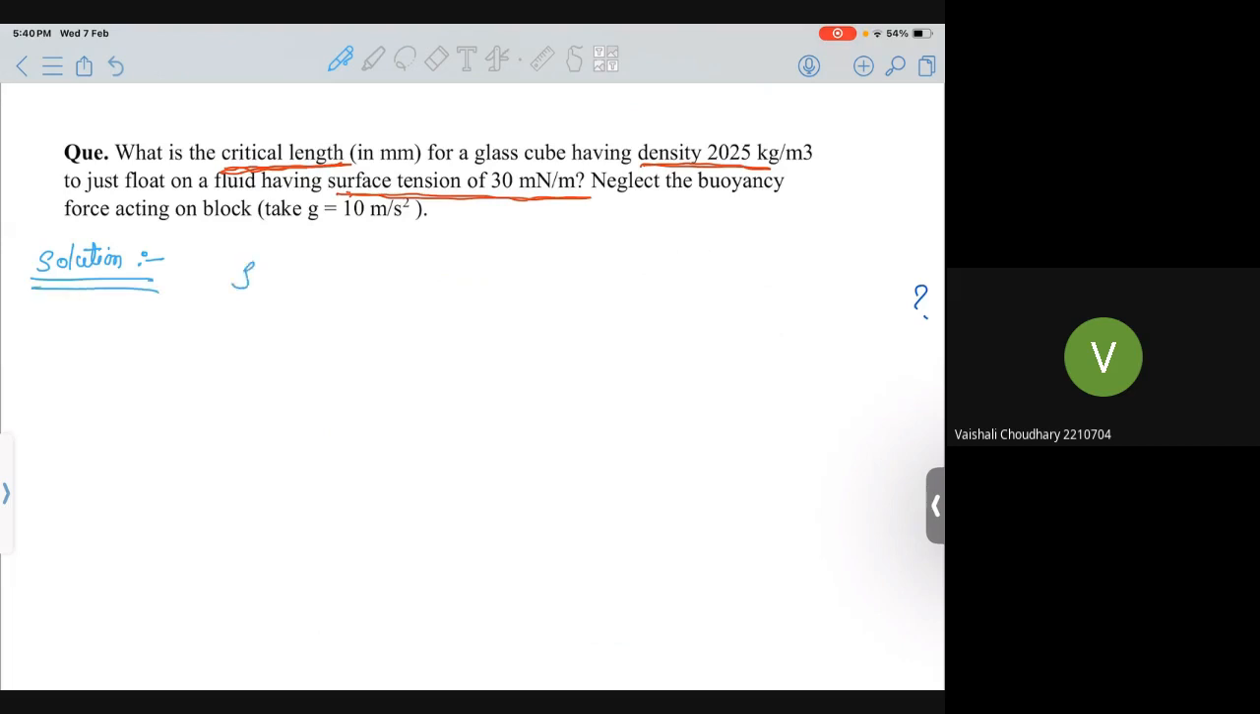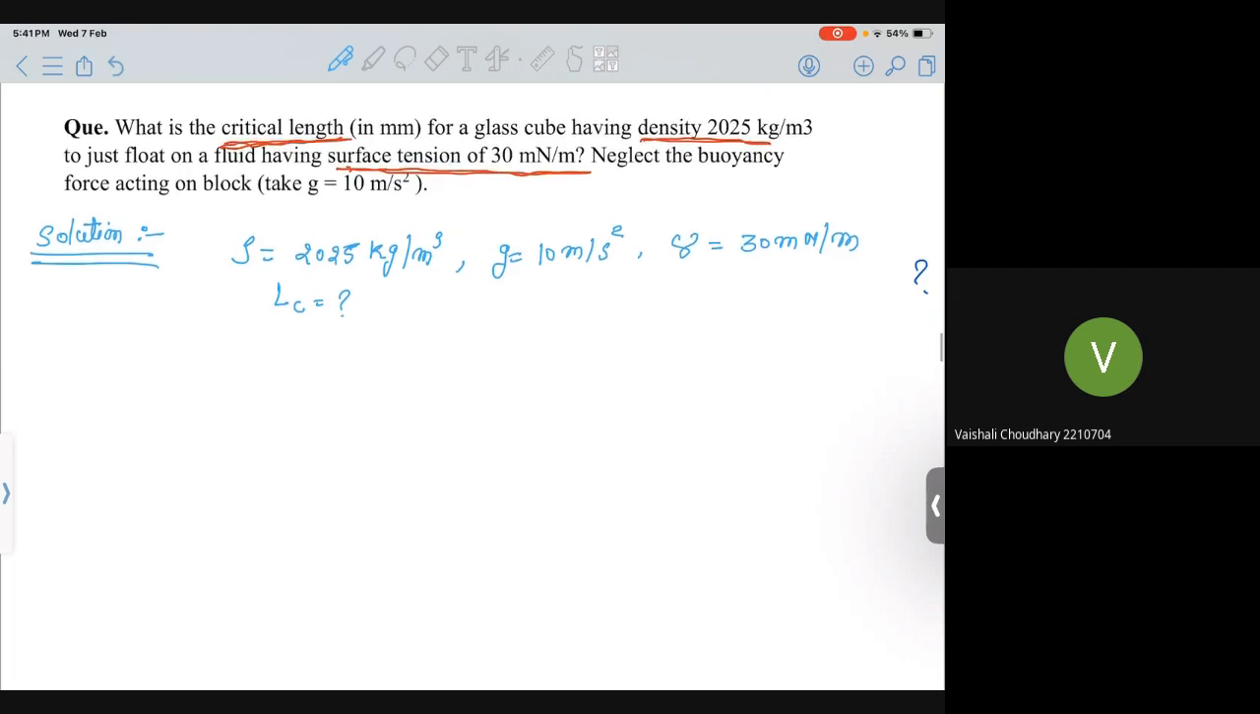So the density is 2025 kilograms per meter cube, g is 10 meter per second square, and the surface tension coefficient is 30 millinewton per meter. This is milli. And we have to calculate the critical length of the glass cube block. So we know the critical length is the length